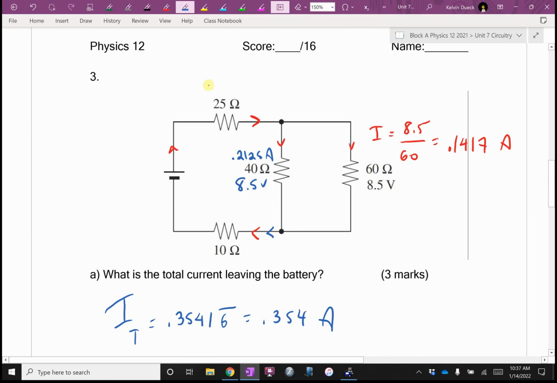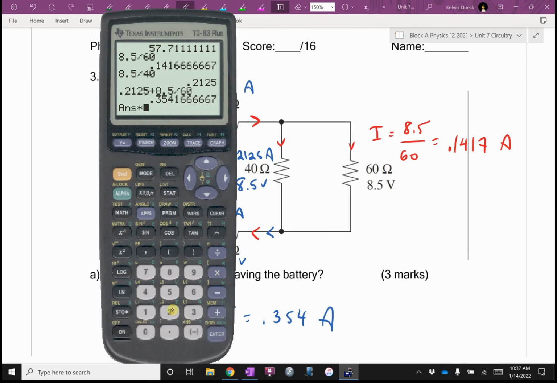Well, I have 0.354 amps running through here, so this voltage is I times R. I have 0.354 amps running through here, so this voltage is I times R. Looks like it's going to be, I can do this one in my head, 35.4 volts, and this one up here is going to be times 25,